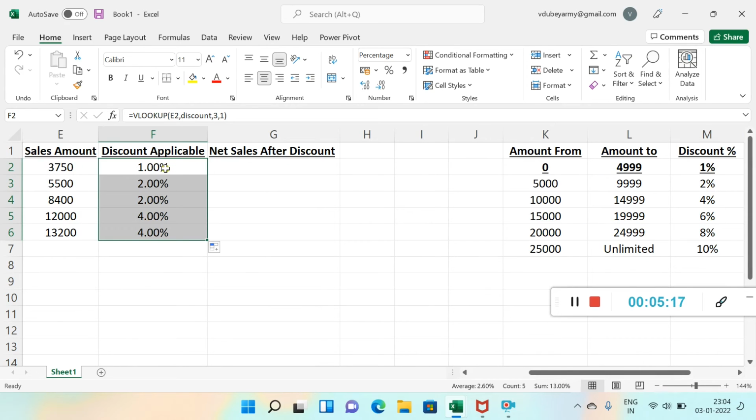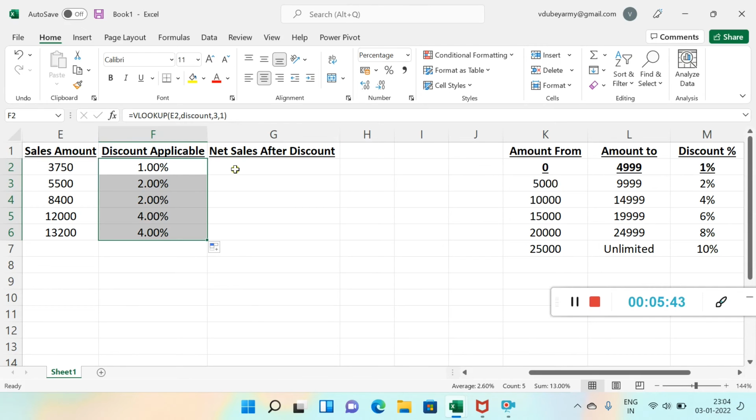Then you will write the 1% under discount applicable, right? If the data is very limited, small data, you can do that. But if there is a large amount of data, this is very exhausting and would take a lot of time. So by applying VLOOKUP, it saves our time, right?